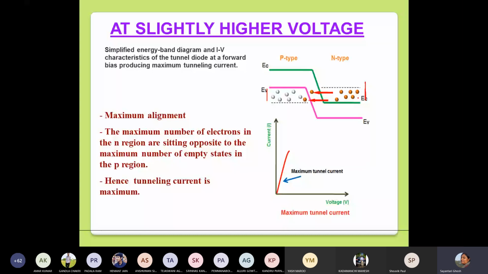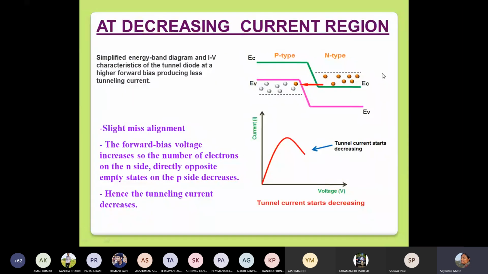So at one point we reach a maximum tunneling current, and after that again the overlapping starts decreasing, right? As soon as you go on increasing the potential further, it moves further up and it moves further down, and now again you can see that the overlapped portion starts reducing. So now only this much is available, this much can be seen from one side and the other. Okay, so only these many tunneling can occur.